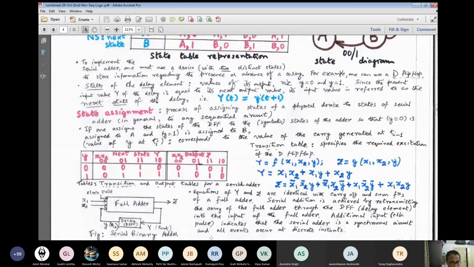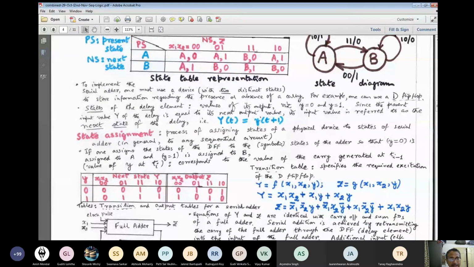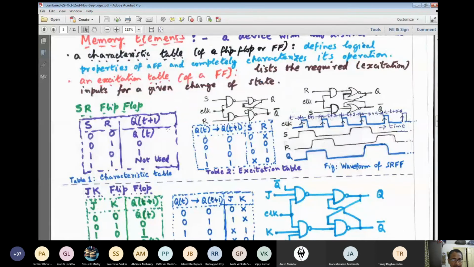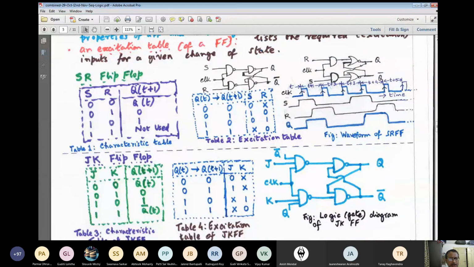The basic way to design a sequential circuit we'll discuss tomorrow. We'll start with the word description, a simple English language statement. From that we'll build up the state transition table, then finally do the state assignment. In fact, today in this problem also we have done state assignment. Then we have to think of which physical circuit we'll work with, whether D flip-flop, JK flip-flop, SR flip-flop, and so on. For that, as it's a design problem, we have to make use of the excitation table. So my dear friends, try to remember the excitation table of the SR flip-flop, D flip-flop, JK flip-flop, and toggle flip-flop, whichever flip-flop you are asked to design with.